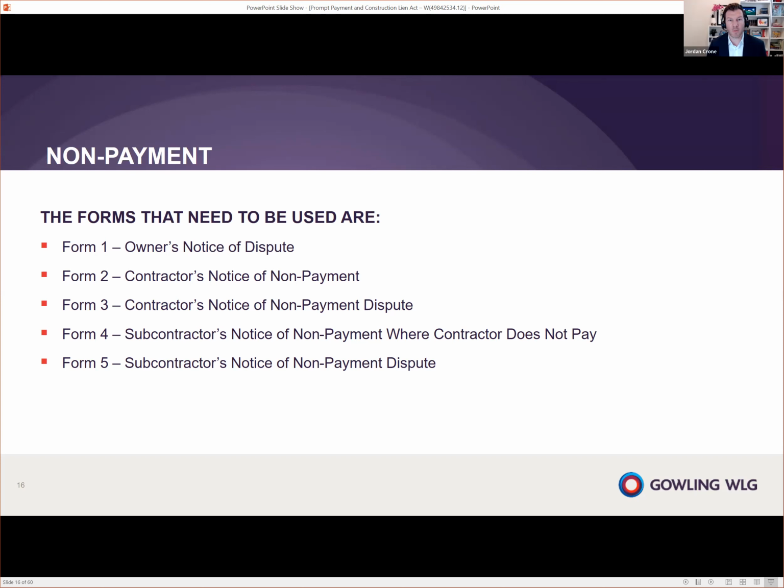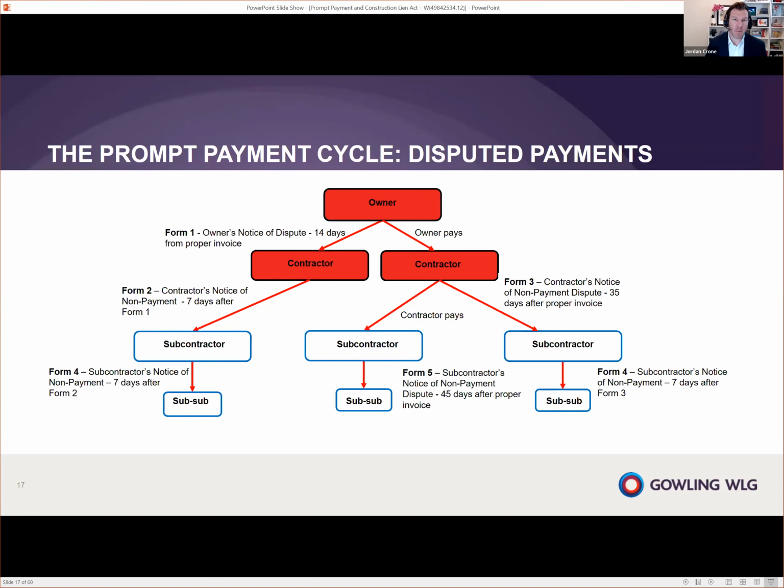But I think in order to really navigate this section, one of the things that we found most helpful is looking at it in terms of the forms. So this section in the regulations outlines 5 forms. It's got forms 1 through 5, which deal with various notices of disputes, depending where the dispute is originating from. So let's look at it in a chart form,